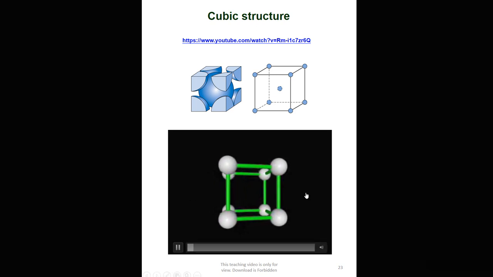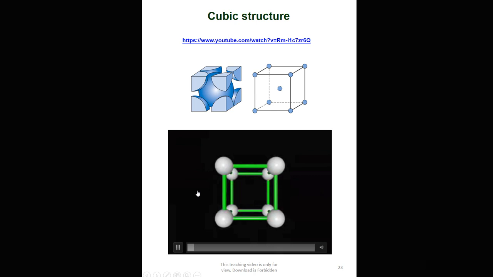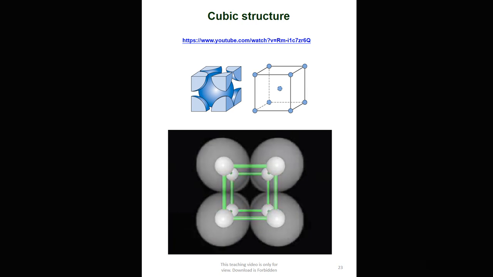In actuality, why is it a cubic? Because the length in the x direction, the y direction and the z direction are all the same. So we call it a cubic structure. The atoms are packed much more closely together and touch somewhere in the structure. A more realistic model of this structure is the